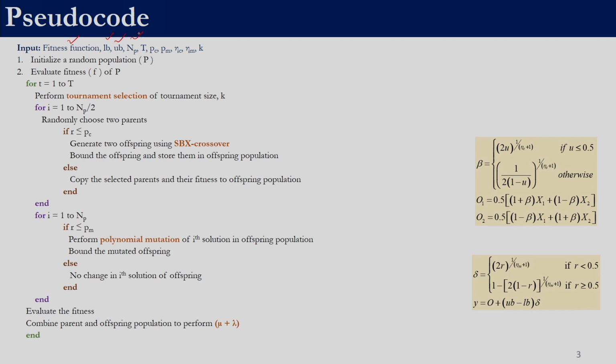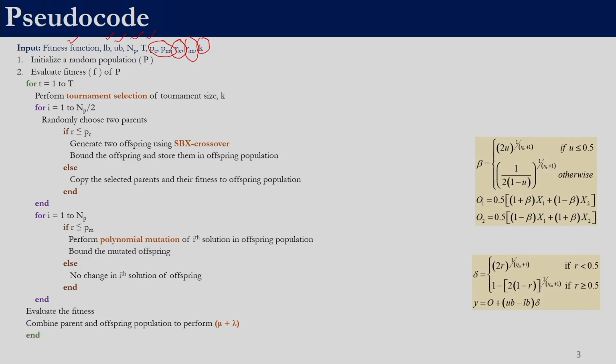We need to give the population size, the number of generations we want to carry out, because that would be our termination criteria, the mutation and crossover probability indicated by PC, PM, and for SBX crossover we required distribution index for crossover, and eta m indicates the distribution index required for the polynomial mutation, and k is going to be the number of candidates involved in the tournament. So, in our case we will take k is equal to 2. So, the code which we have written is on the assumption that k is equal to 2. So, we will have competition between two solutions and the winner will get into the mating pool, right. So, in our case for the code which we are going to discuss, k is fixed to be 2.